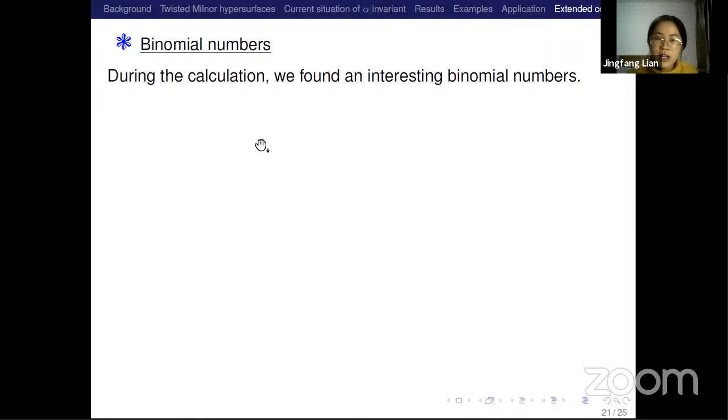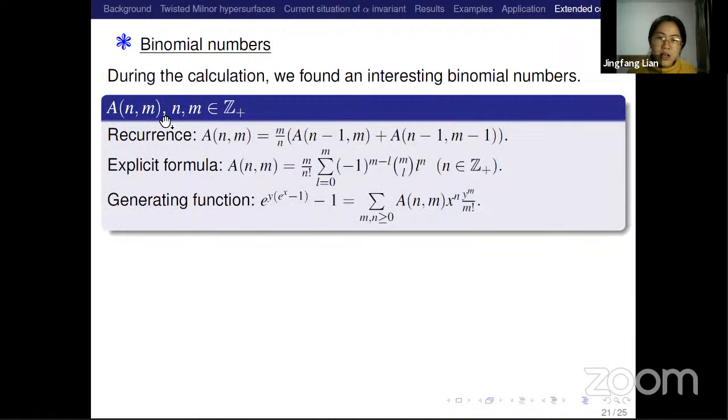In this part, I will say something more, concerned with the twisted Milnor hypersurface. During the calculation, we found some very interesting binomial numbers, which we defined as A and M. We study their recurrence, explicit formula, and a generating function. It may be of potential meaning, and it may be of interest in